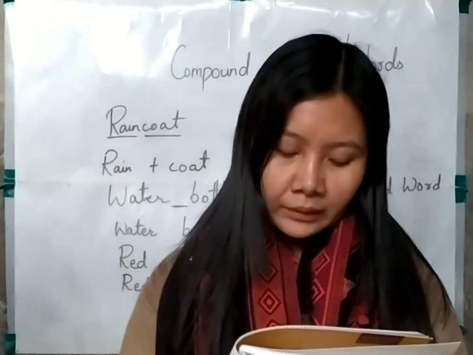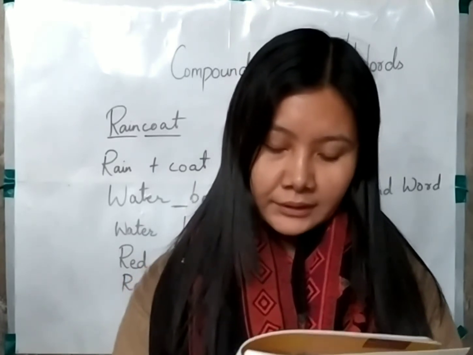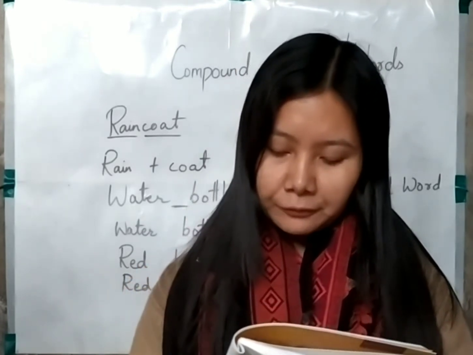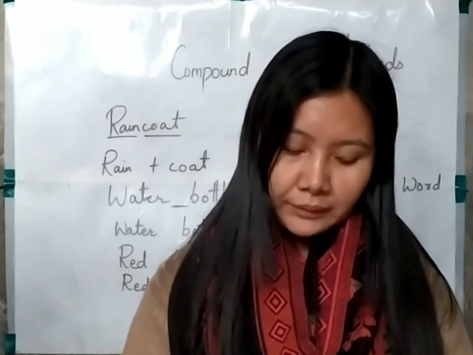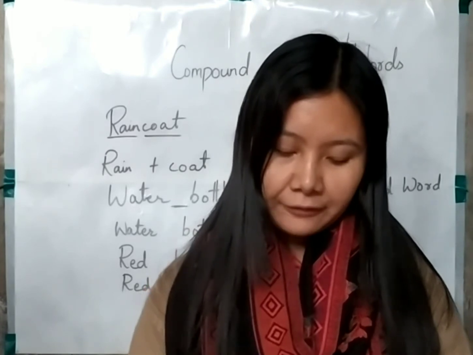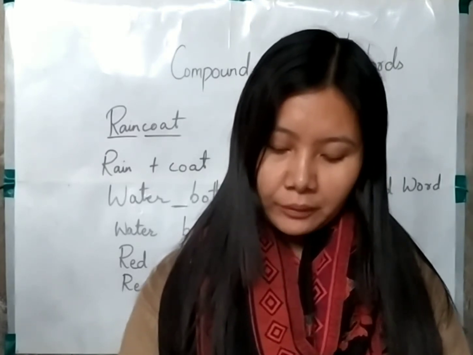Further you can see son-in-law, sons-in-law, bird of prey, birds of prey. These are examples of hyphenated compound words. You can see hyphens in between the words, like son-in-law, where two hyphens are used. Similarly, in bird of prey there are also hyphens used. So these are examples of hyphenated compound words.